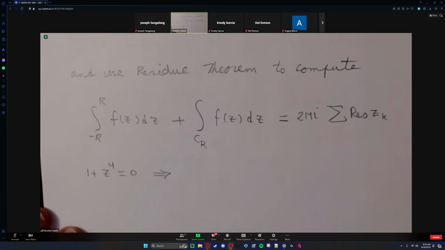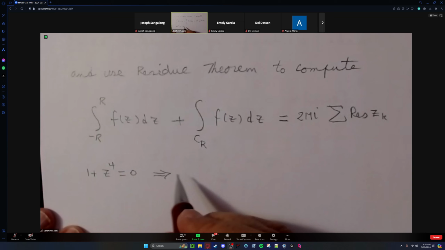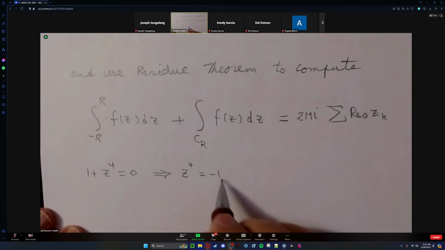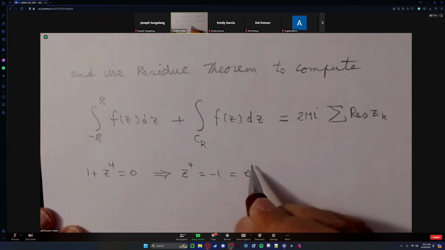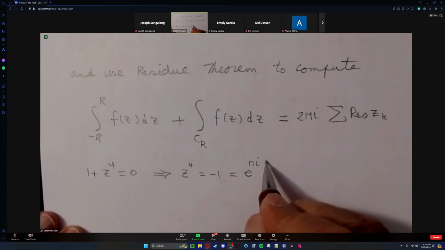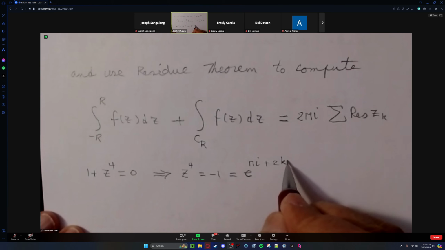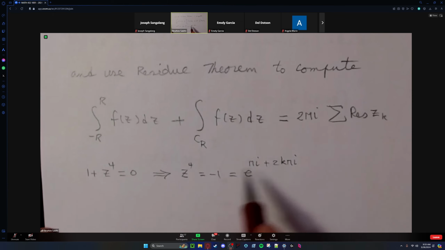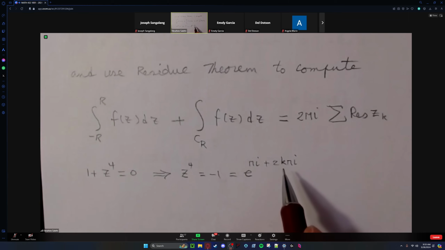will give you z equals -1, which is e to the pi I, plus 2 pi I, 2k pi I, right? Finding the roots. So we have four of them, of course, but the ones that are inside, one of